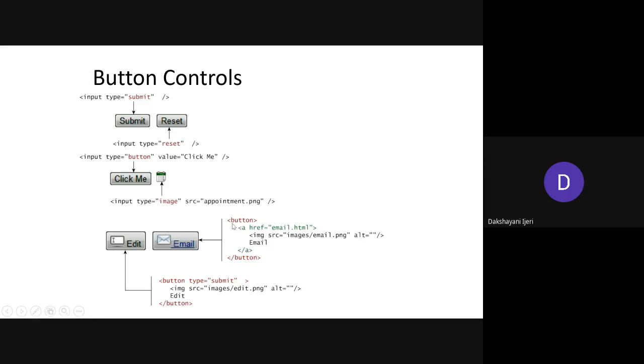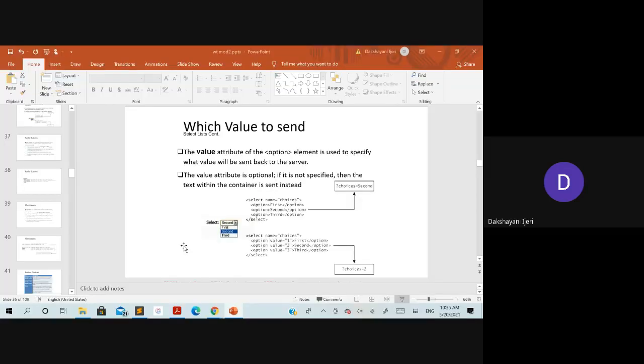So how to do that? Within the button element itself, use the anchor element. Within the anchor element, take the image over there, and close the anchor element and close the button. So this together is going to create a clickable button in which both the image as well as the link have been taken. Okay, so this is how you will be able to create the various options in the form. Let's see now with an example.